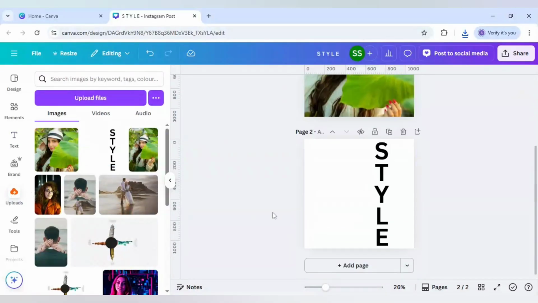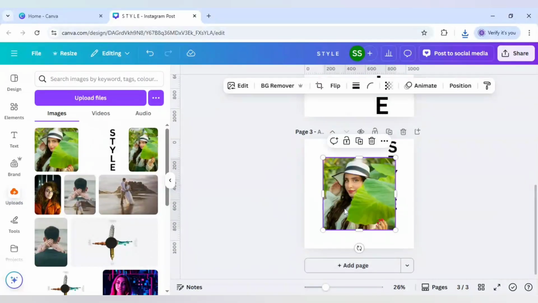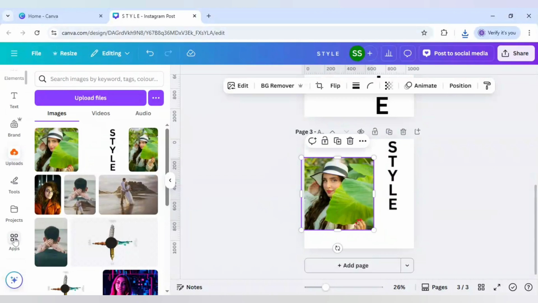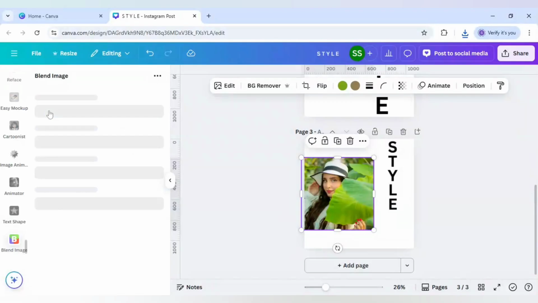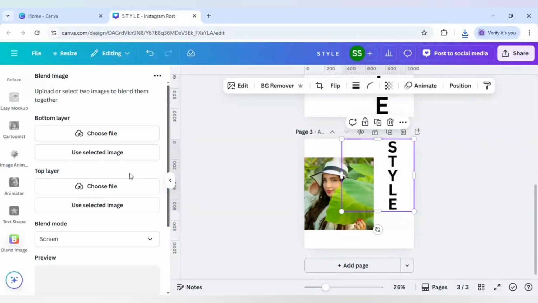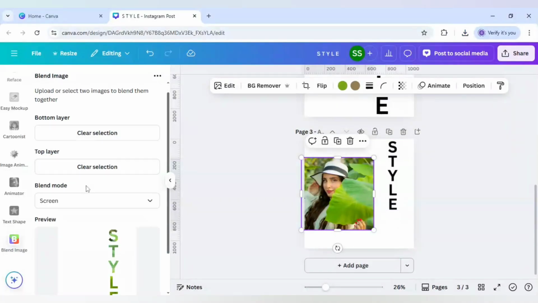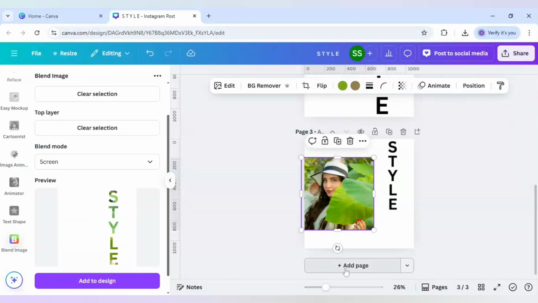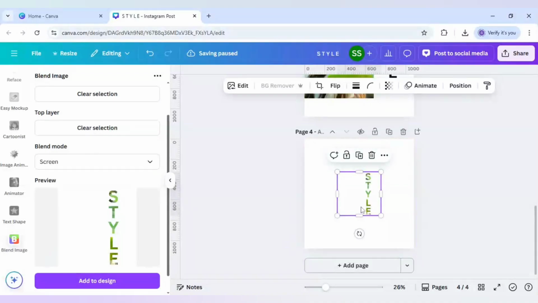So the upload is complete now. Now we will bring it to the canvas. So this one and this one, and after that we will go to apps here, and here I will write blend. Click on blend image. Make sure you choose the bottom layer as the text layer and the top layer as this image. So as you can see it has blended here, and just go to add page and add to design, and